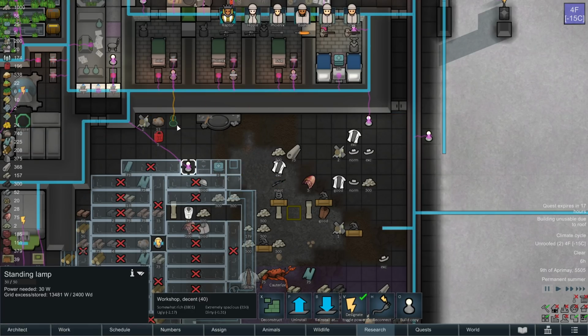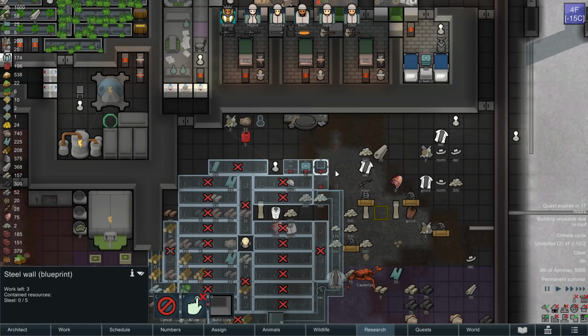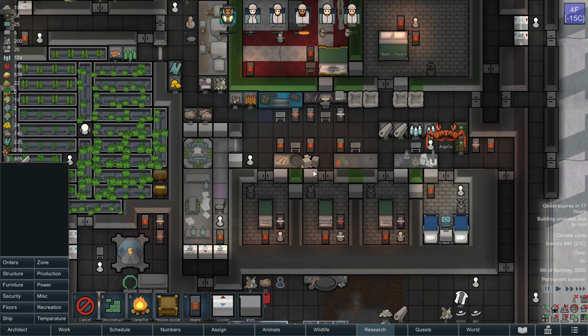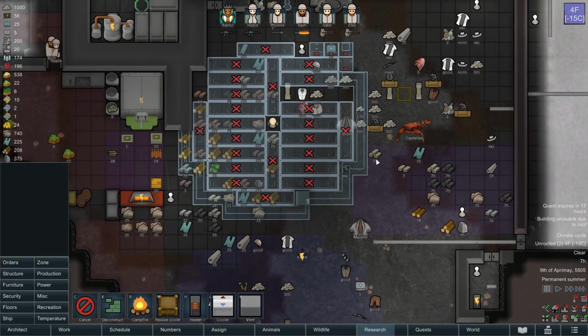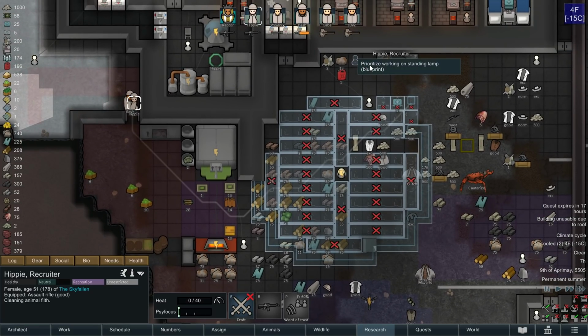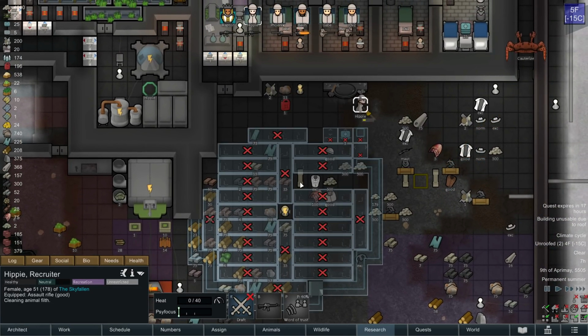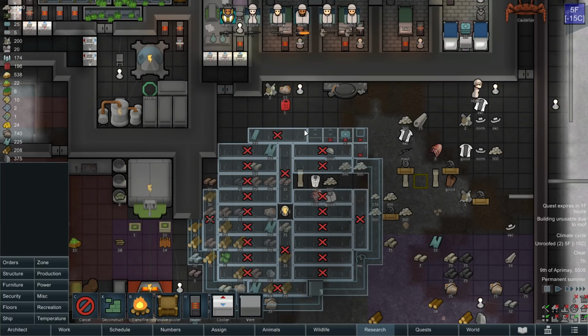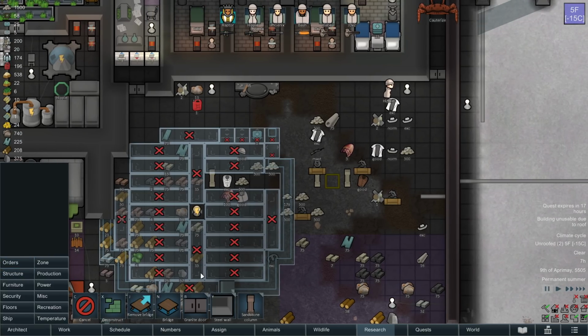In this spot where this light is, adding a chimney in this area. Who's available to move that light? Hippie is. Because that's as many coolers as the other one has. And then that means that...